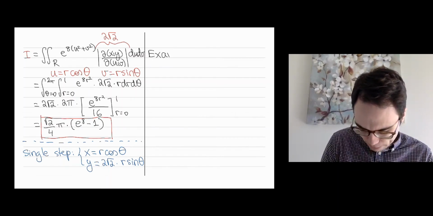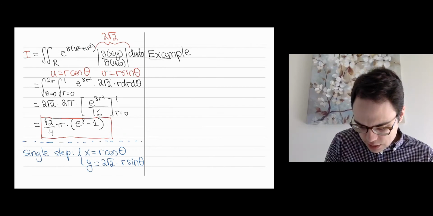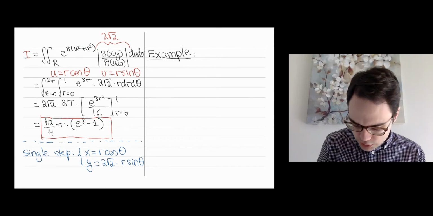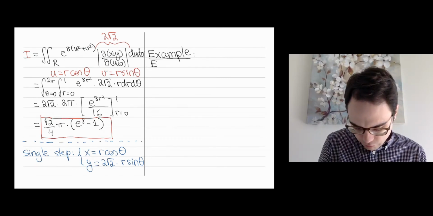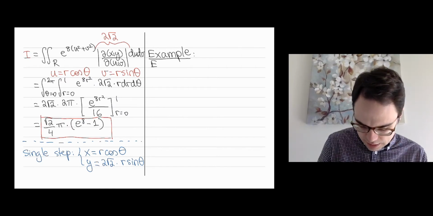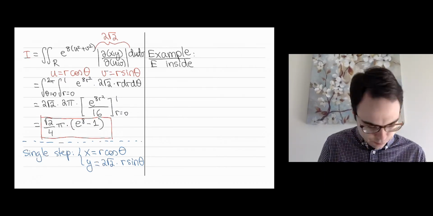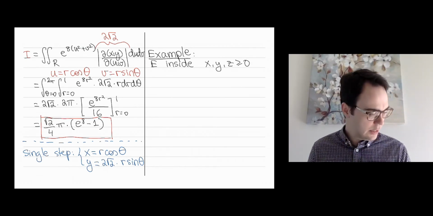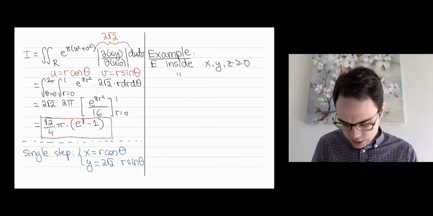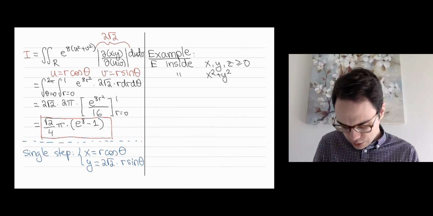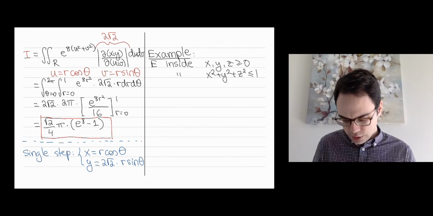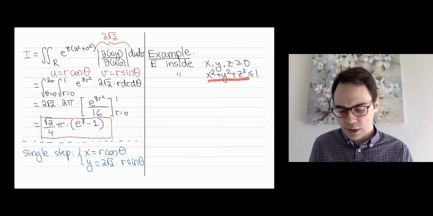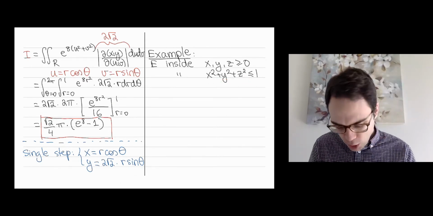So here it is. This comes from the exam archive. We're given a region. E is a solid region, and we know it's inside the unit sphere, inside the first octant, where x, y, and z are all non-negative. It's inside the sphere. Oh yeah, so I was right. So inside the unit sphere. These are all points whose distance from the origin squared is at most 1,